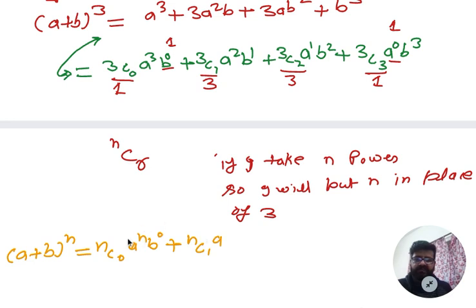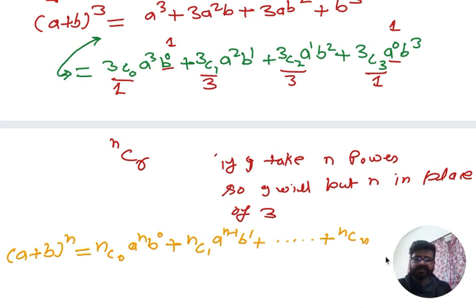Here the power of a was n, here it is n minus 1, and the power of b will increase. Okay, and in this way the terms will go up to nCn,